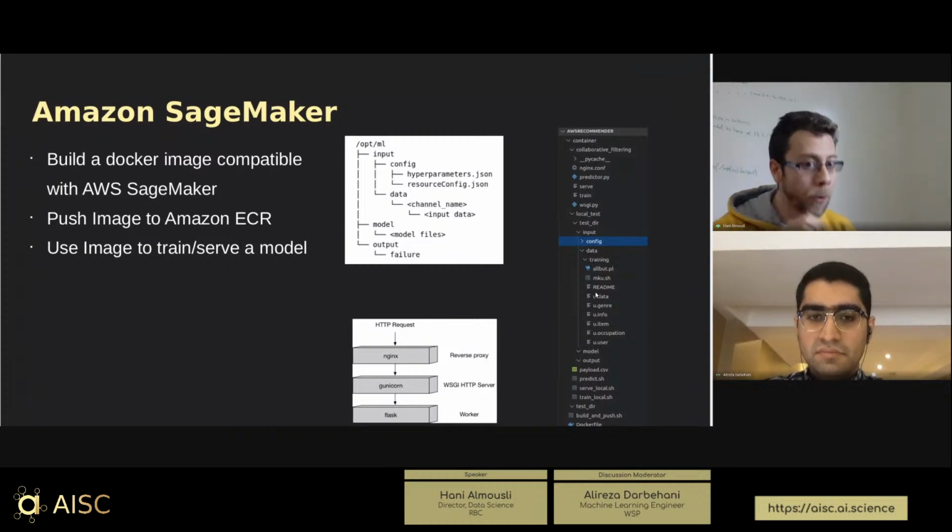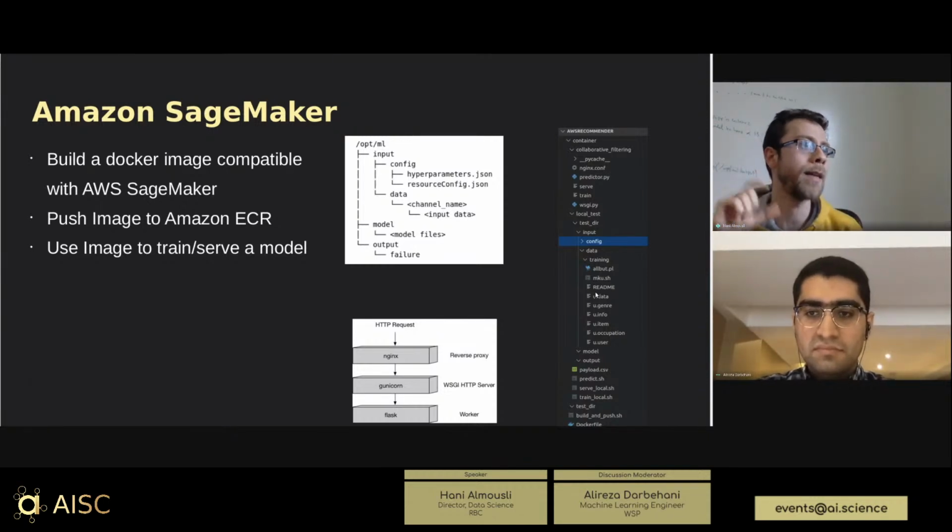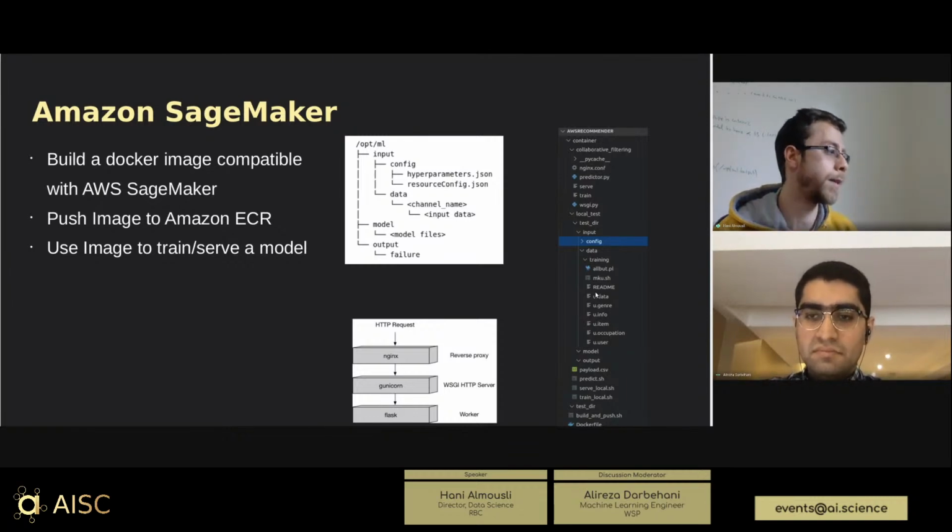Now, keep in mind though, deploying the service can be costly because it keeps running. Training is different. You run it one time, you pay for it, and then you terminate the process. But once you deploy, then you're going to pay a lot of money. But as I said, at the end of the day, it will scale up for you. I didn't talk about this, but with Amazon SageMaker, there is a way that it scales up the number of instances and things like that for you, and it saves the hassle. So as a business owner or someone working in a business, you have to think about how much benefit you get versus the money you are paying for it.